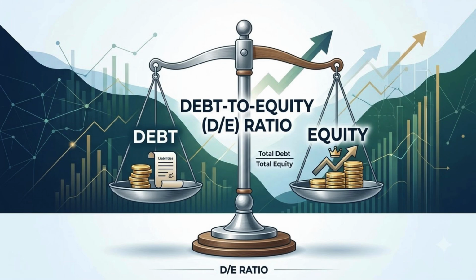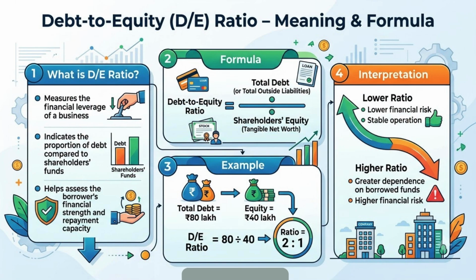Friends, today's topic is debt to equity ratio. Debt to equity ratio, commonly known as the DE ratio, is one of the most important financial leverage ratios used in credit appraisal. It tells us how much of the business is financed through borrowed funds compared to the owner's